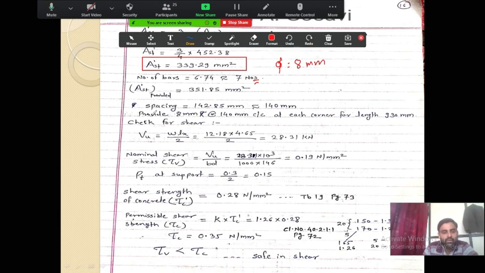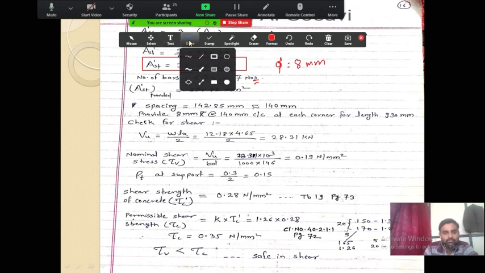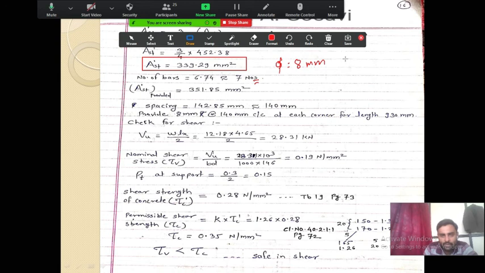So now after that the spacing is calculated. Here there is no clause to use for the spacing. Now you cannot use a clause and so on to calculate the spacing. So how do we calculate the spacing? Here this is the block. Now I am showing the block for this torsional reinforcement.